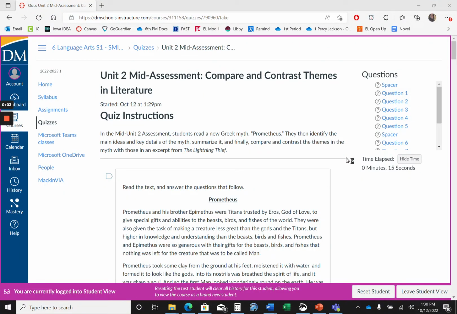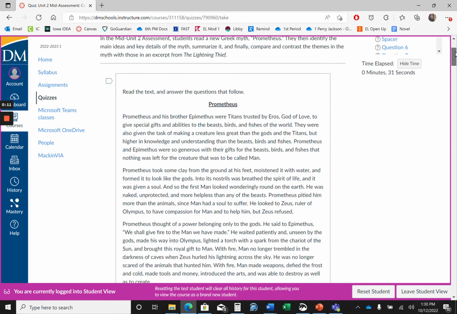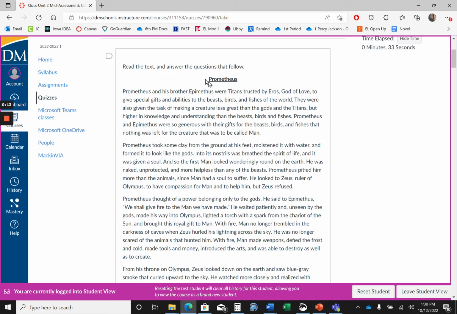Here is a quick tutorial on how to use the Read Aloud function in Microsoft Edge to help you on your assessments. You will see I have my assessment open right now on Canvas, and I have this big text for Prometheus that I need to read. If I struggle with reading this on my own, or if it's useful for me to listen to it,